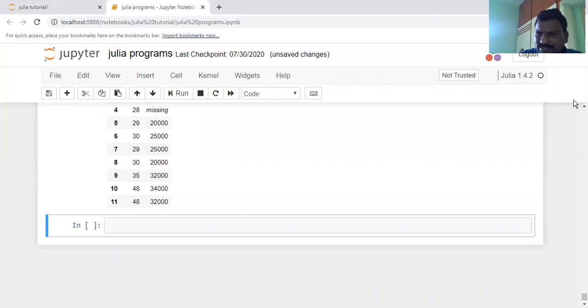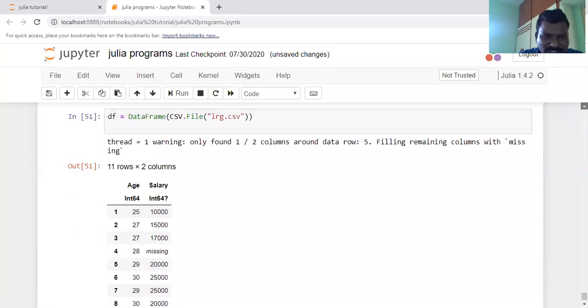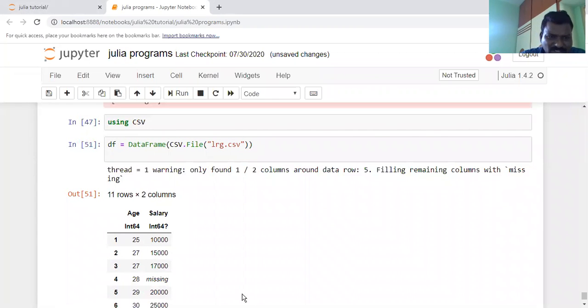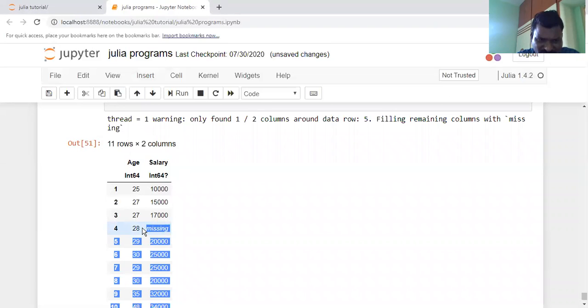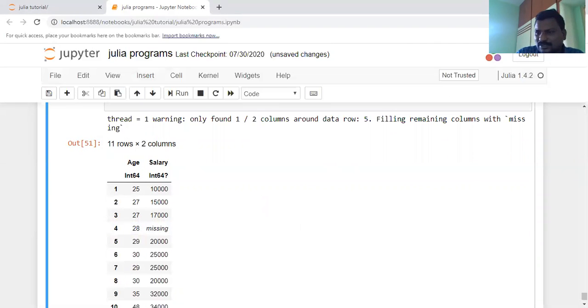Yeah, it is executing here. LRG gives a warning: only found 1 by 2 columns around the data rows 5, fill remaining columns with missing. That means some data is missing, that's why it is giving the error. No problem.